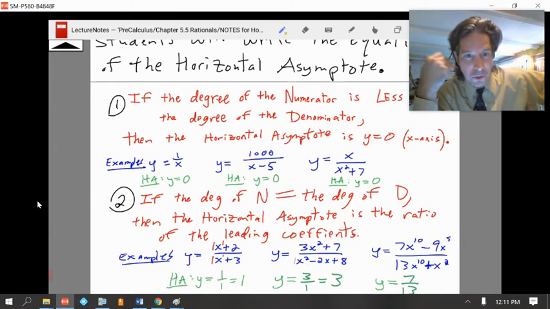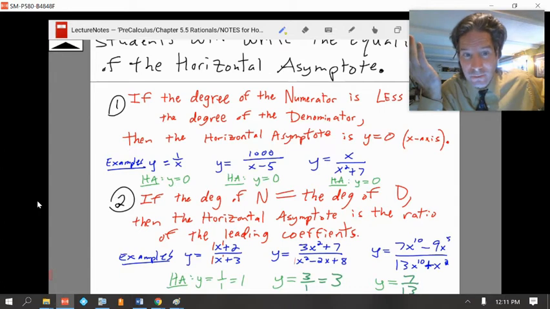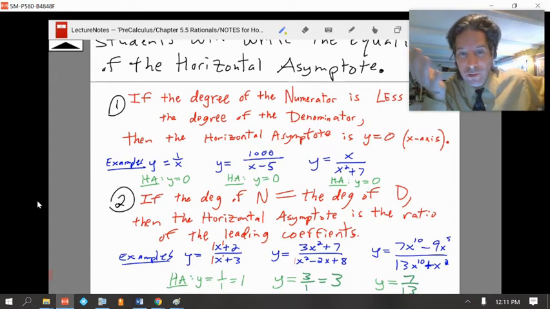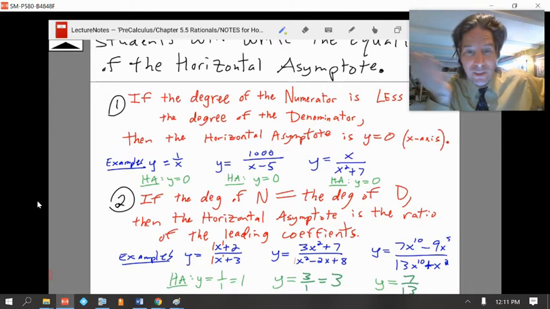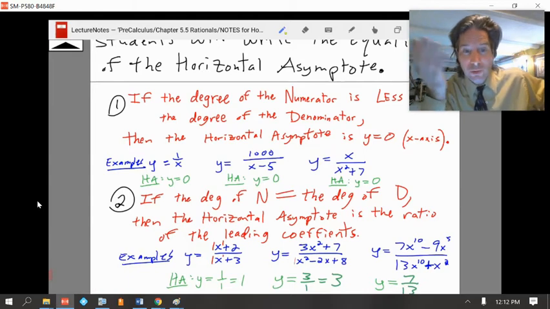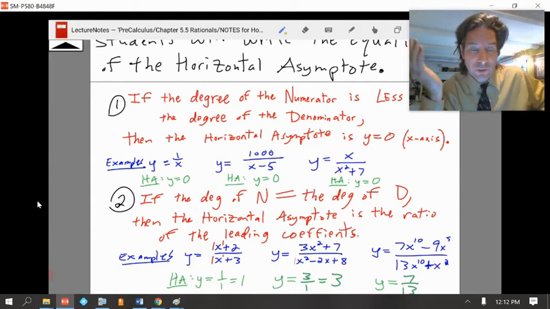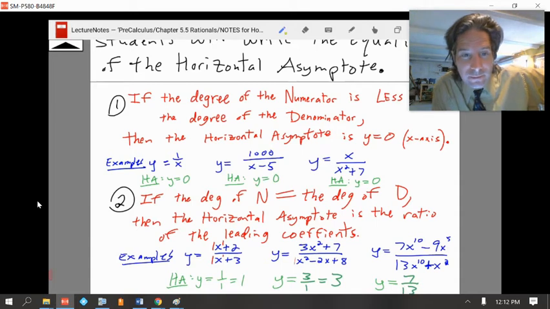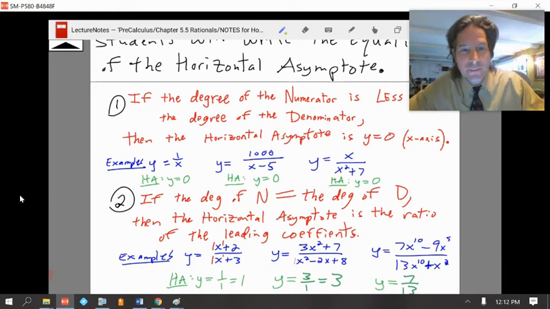1 over x. Notice the numerator is not changing at all. The first example, 1,000 over x minus 5. The numerator is not changing at all. So I picked two different numerators. One's really big and one's really small. But still, they're not changing. If you look at the denominator, it is changing, right? In 1 over x, the denominator goes from a 1 to a 2 to a 10 to a billion to infinity plus 1, right? And so as the denominator gets larger and larger and larger, this first example was basically